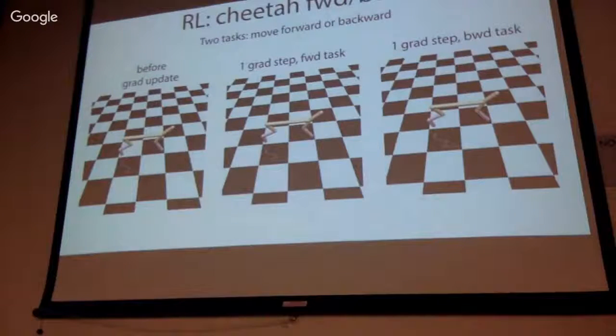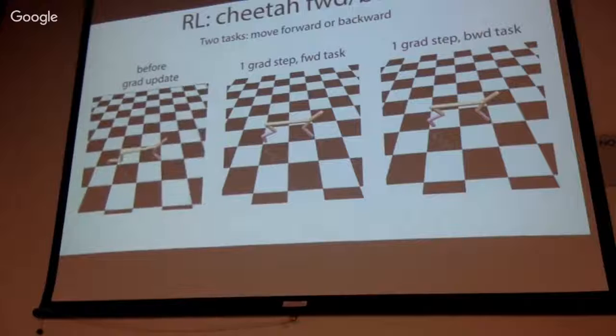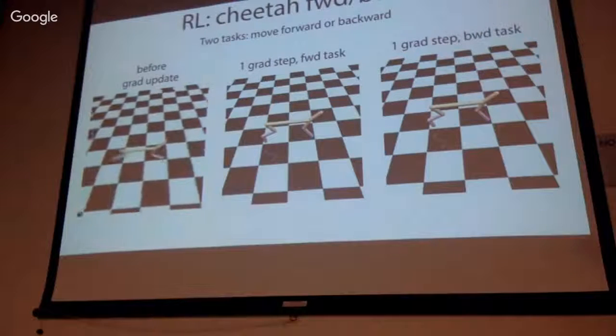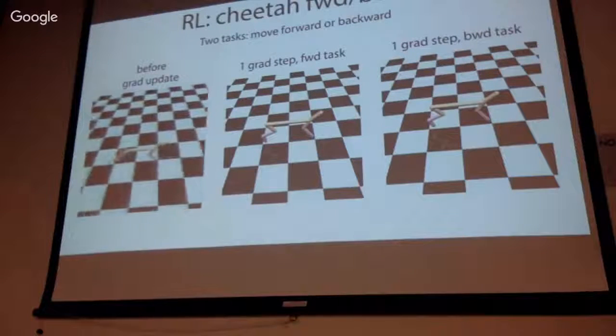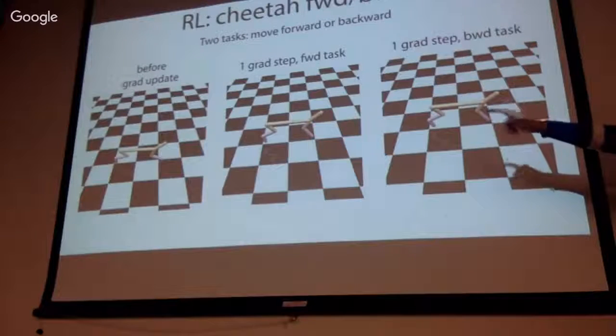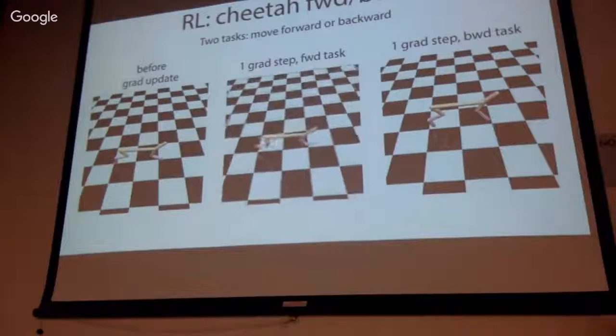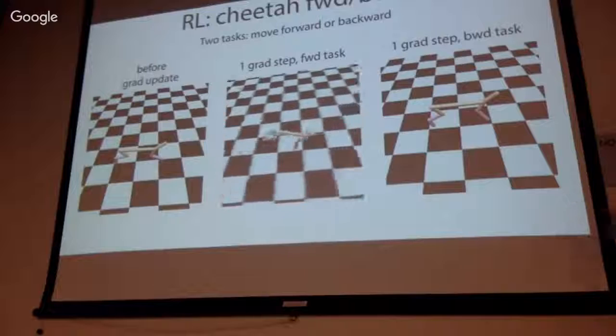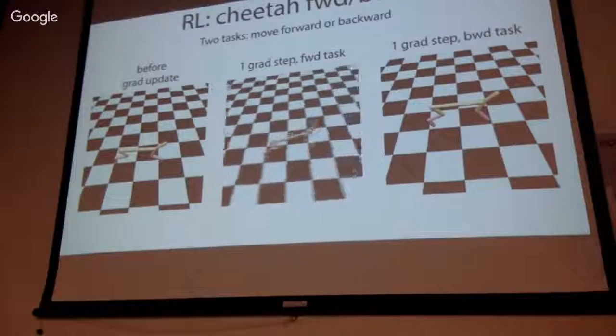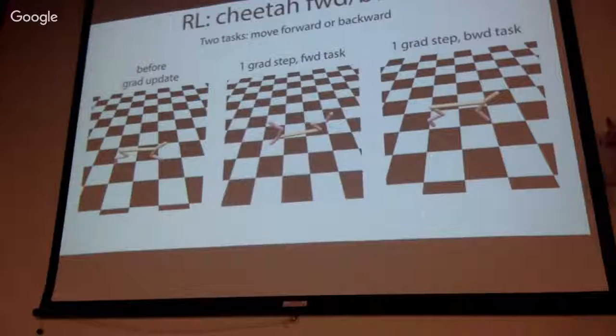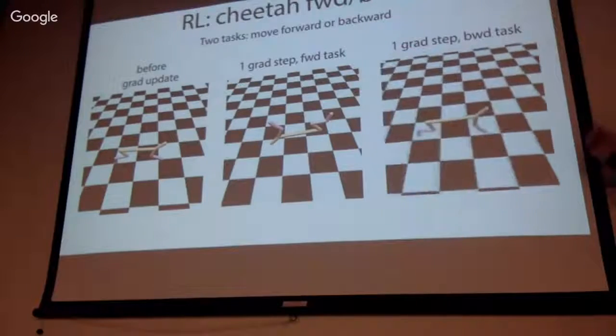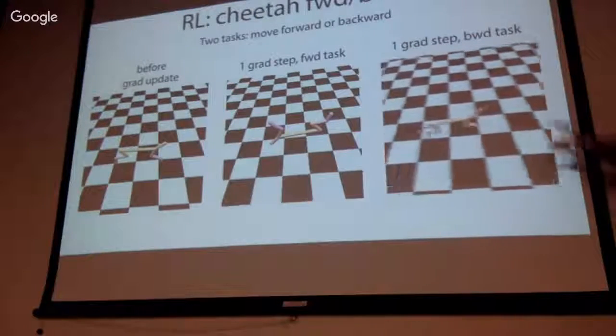And lastly, we tried a couple locomotion tasks. In this scenario, there were 2 tasks: to move forward and to move backward. This is the policy before the gradient update. This is just pi theta. If we made 1 gradient step on that policy on the task of moving forward, this is the gait that it has, so the cheetah moves forward. It gets a little excited and starts doing cartwheels. If you take a gradient step going backwards, the cheetah is going backwards. This is just 1 gradient step